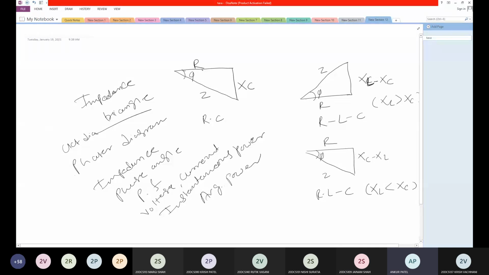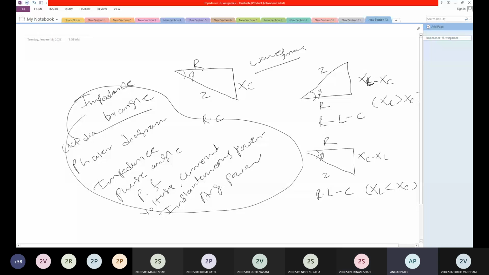If it is asked for 5 or 7 marks, you need to write all the things. You need to draw the waveforms. If you skip anything, then there will be fewer marks.